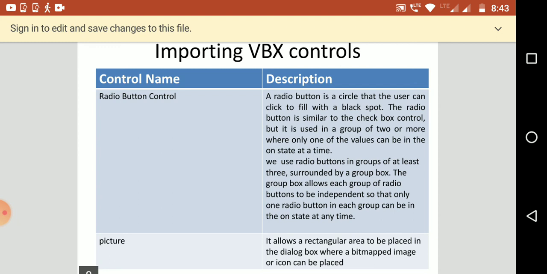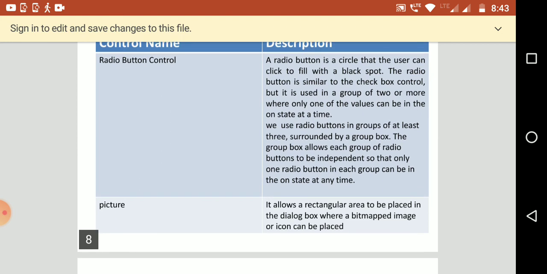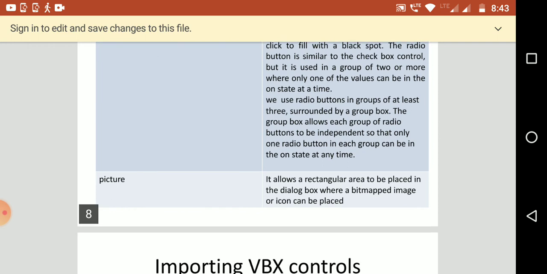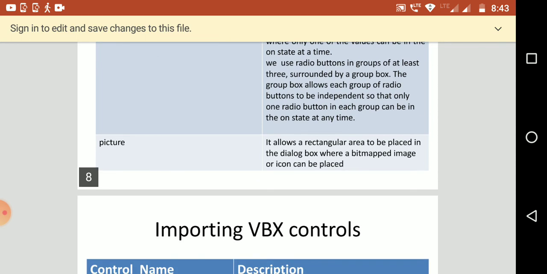The group box allows each group of radio buttons to be independent so that only one radio button in each group can be in the on state at a time. Picture. It allows a rectangular area to be placed in the dialog box where a bitmapped image or icon can be placed.